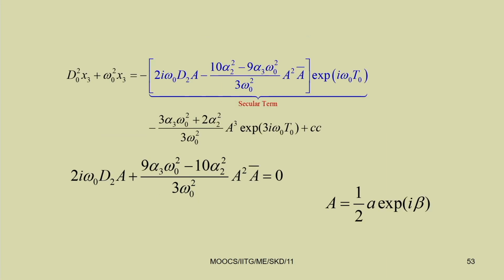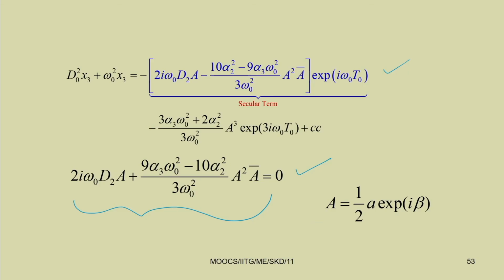So, now substituting the value of x1 and x2 in the third equation, we can get this equation, and here also we have to check the term with e to the power i omega0 t0. That term will lead to a secular term and that term has to be eliminated. So, by putting this thing 0, this is the secular term. So, now by substituting the secular term to be 0, we can find the required expressions, which will give our condition to find these coefficients a.